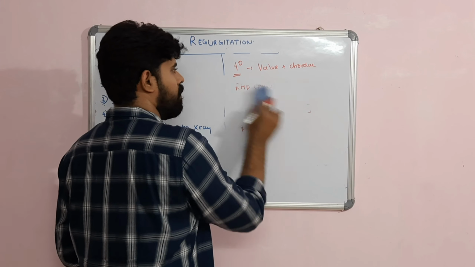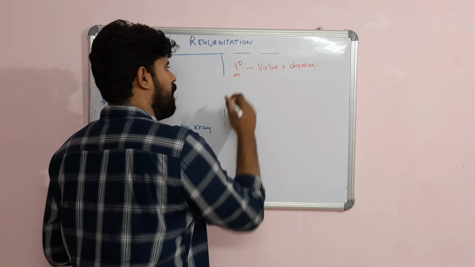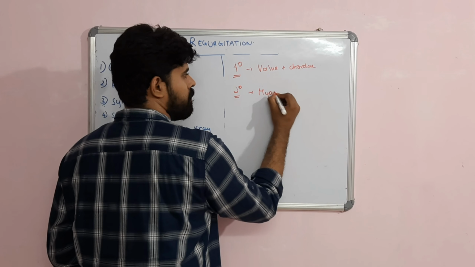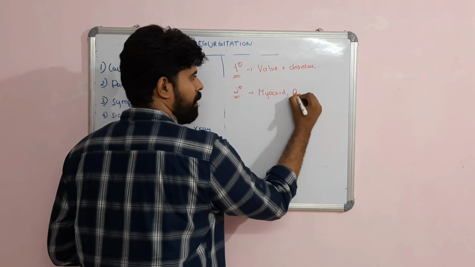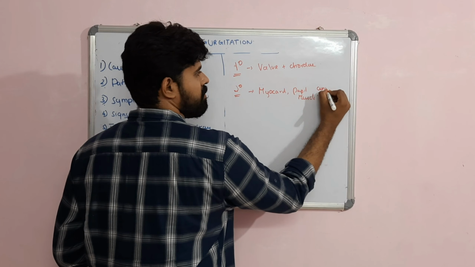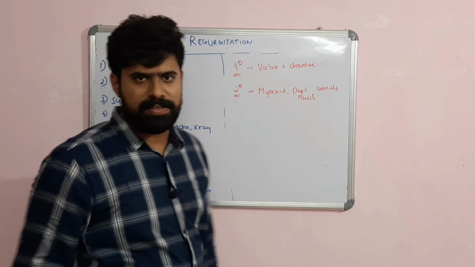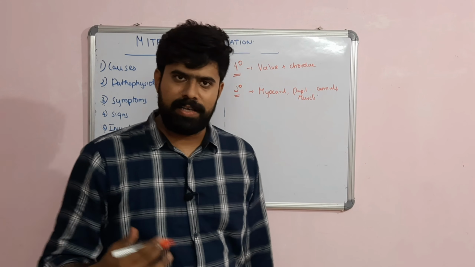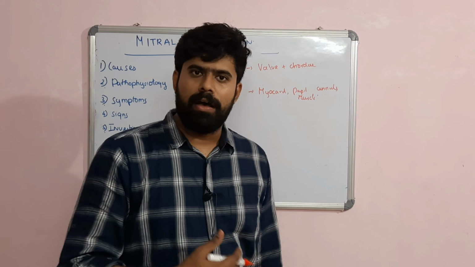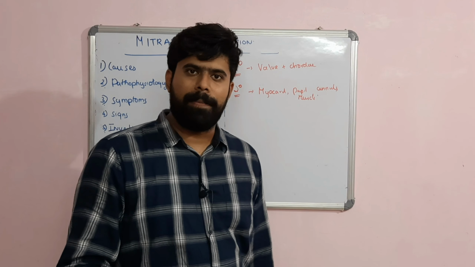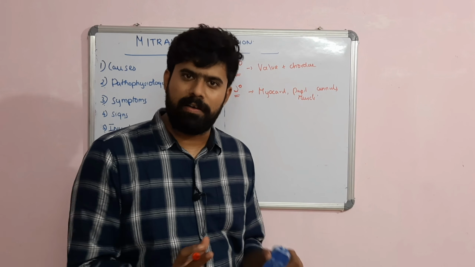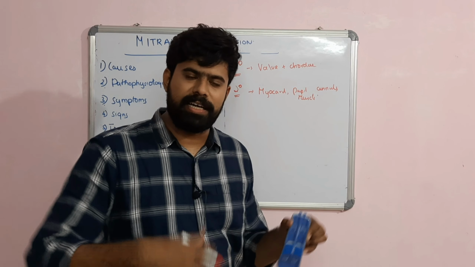A secondary MR, on the other hand, involves, as I said earlier, the myocardium, or it can involve the papillary muscle, or it can involve the annulus. So what are the causes of secondary MR? It can occur secondary to a dilated cardiomyopathy, an ischemic DCM, a patient with hypertrophic cardiomyopathy, or a patient with chronic atrial fibrillation leading on to an atrial enlargement that will cause annular dilatation and secondary MR.